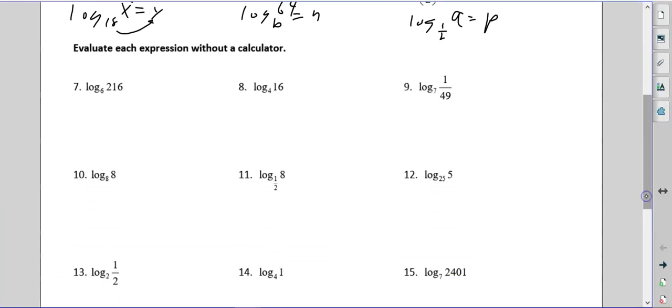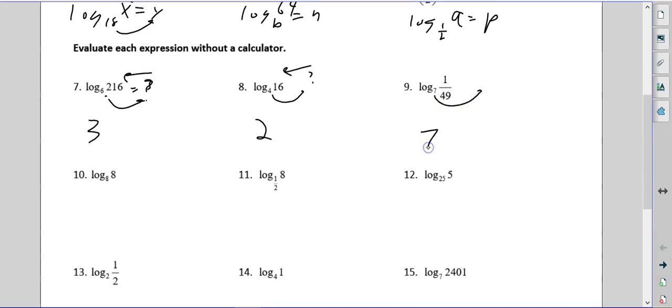Now without a calculator, basically 6 to what power is 216? Well, 6 times 6 is 36, times 6 is 216, so that's 3. 4 to what power is 16? Well, that's 4 squared. Now with these, don't get hung up on the fractions. 7 to what power is 49? Well, that's,